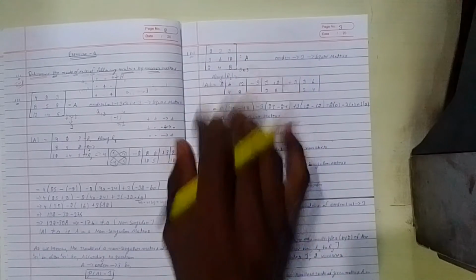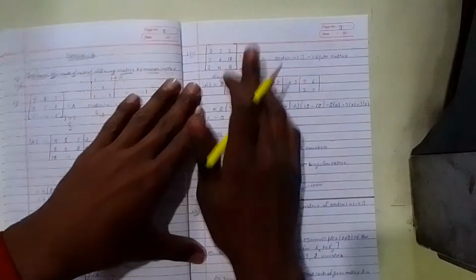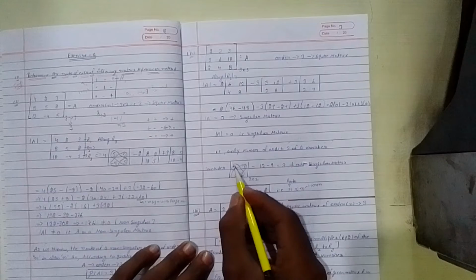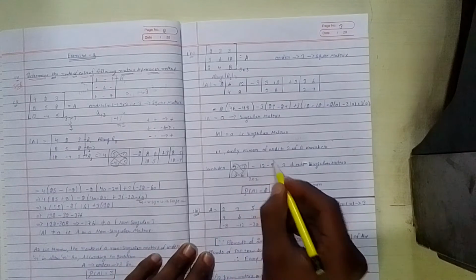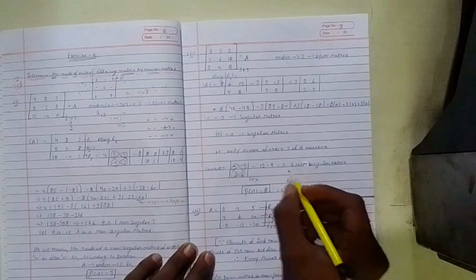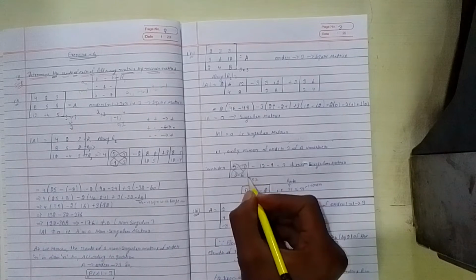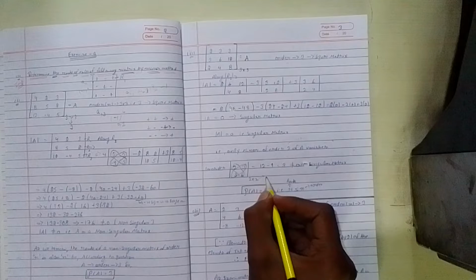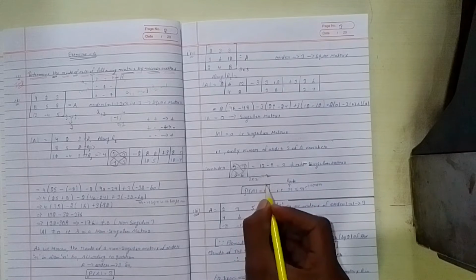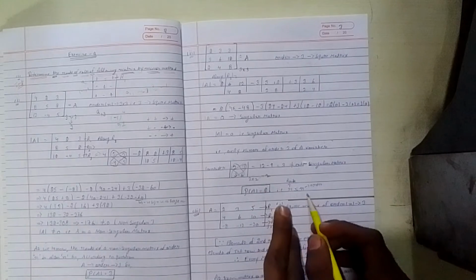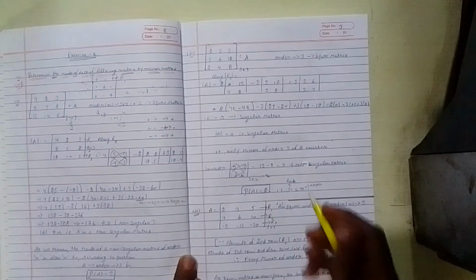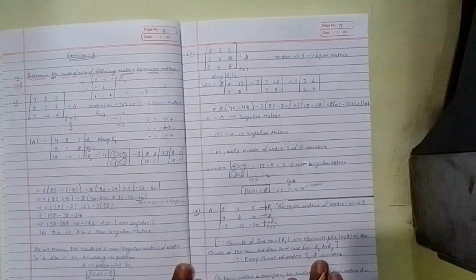Consider the first part, but please see carefully. It's the non-zero first part. 2 6 12 3 3 then 9. That is 3 which is not equal to 0. That is a non-singular matrix. So the rank of this matrix, this is order 2. So the rank is 3. Okay. So here the condition comes. Okay. Rank is less than the order.